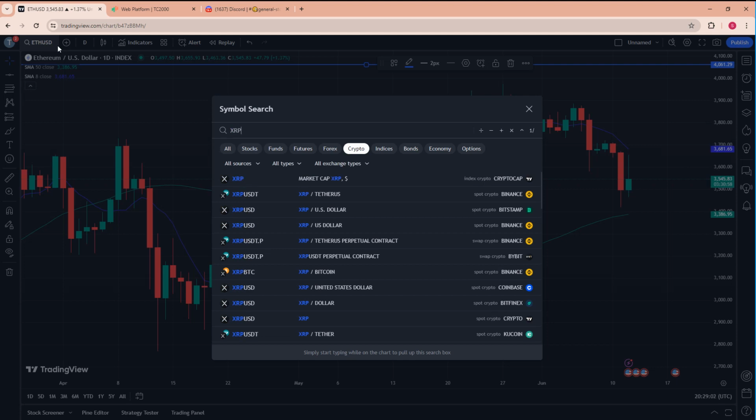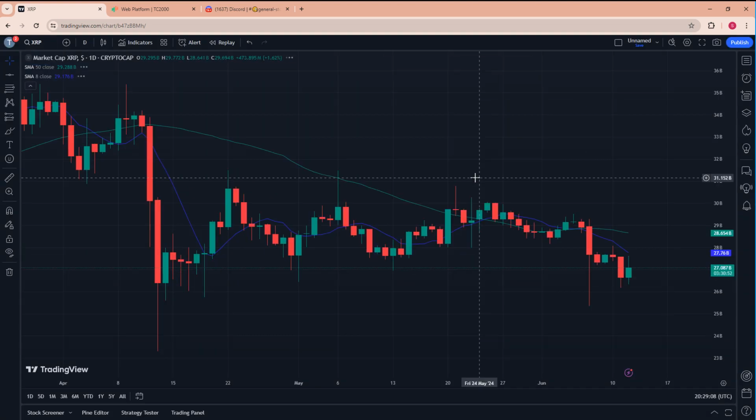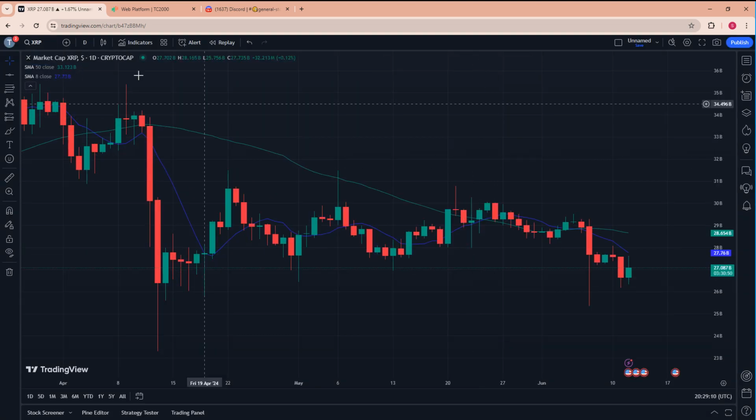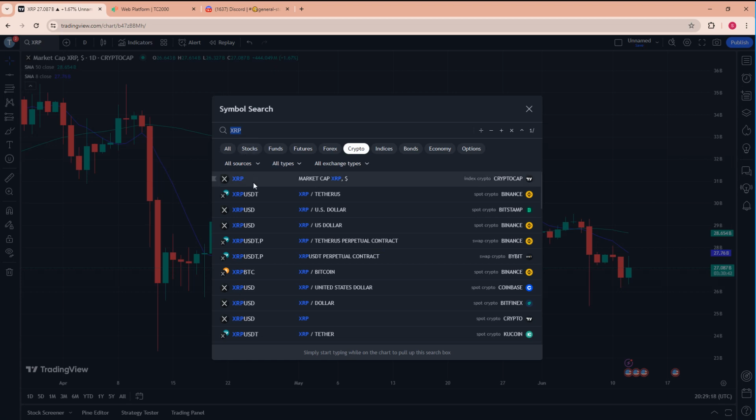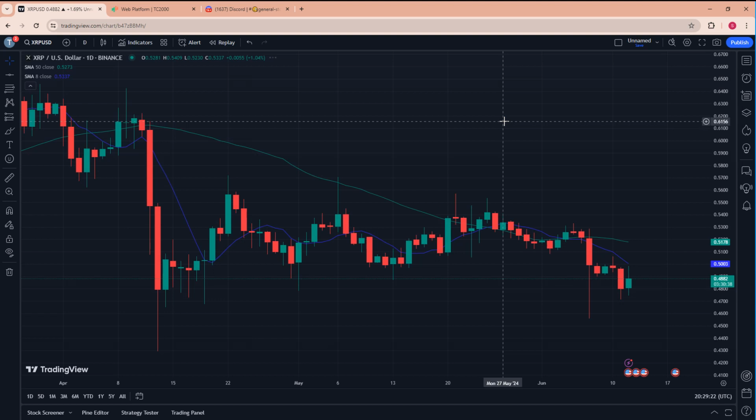XRP is the last one that I'll look at. This one says the index one right here. I think this is what we'll look at, right? Yeah, cool. Nope, I don't think that's it. Is this right? Because I thought this thing was in the change. No, I'm looking at market cap. That's not what I want to look at. We'll look at the Binance view. Can't keep it consistent everywhere. Yeah, I remember. Okay. So what are we looking at here?